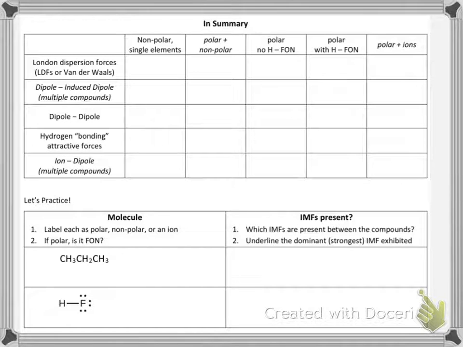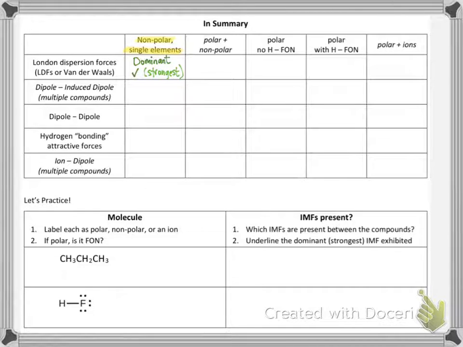One of the things that is absolutely essential to success in describing intermolecular forces is being able to take a look at a given substance and determine what IMFs are present between particles of that substance and what is the dominant or strongest attractive force. If you have two nonpolar things, either the same nonpolar substance or two different nonpolar things, or just single atoms all by themselves, the only attractive force you have is London dispersion forces, which means, of course, dispersion forces will be the strongest attractive force they have.